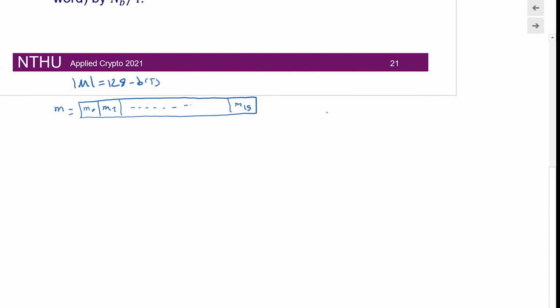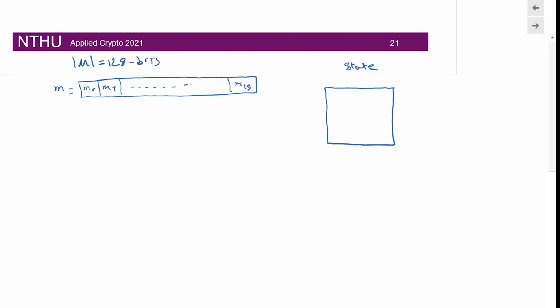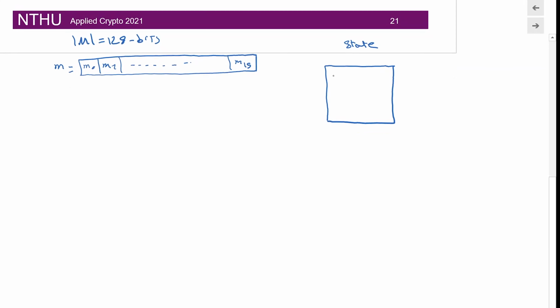When we construct a state, now we are talking about a block cipher. You understand why we name it a block. The first thing in starting the algorithm is to initialize the state variable. So this is our state variable. We start to put our message into the state as follows: M0, M1, M2, and M3, all together, and I will continue with M4,